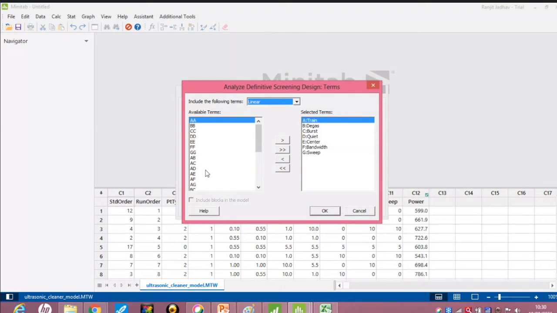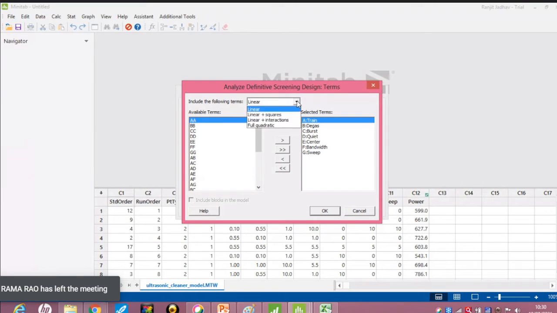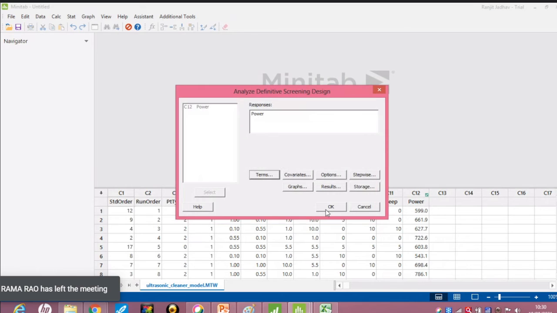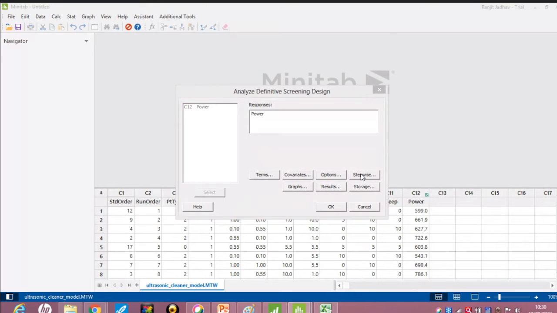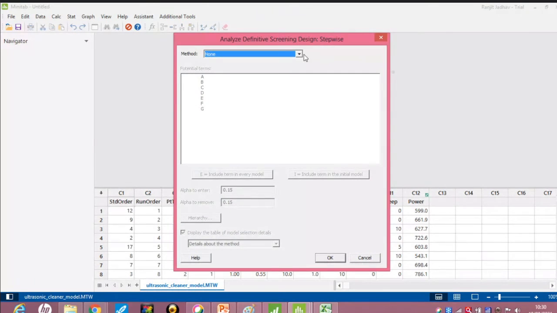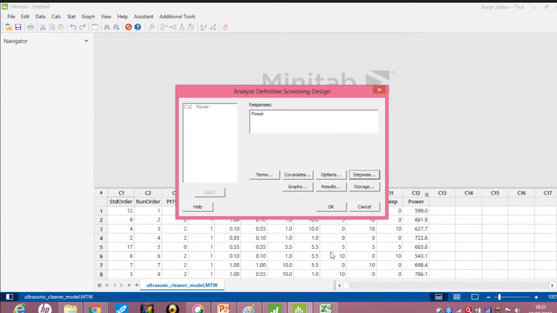Interactions are not needed. So you can go for stepwise. Alpha to enter is 0.15, alpha to remove is 0.15. Click OK.